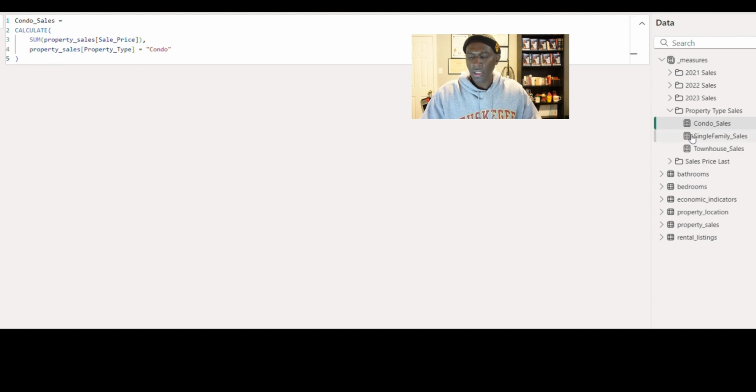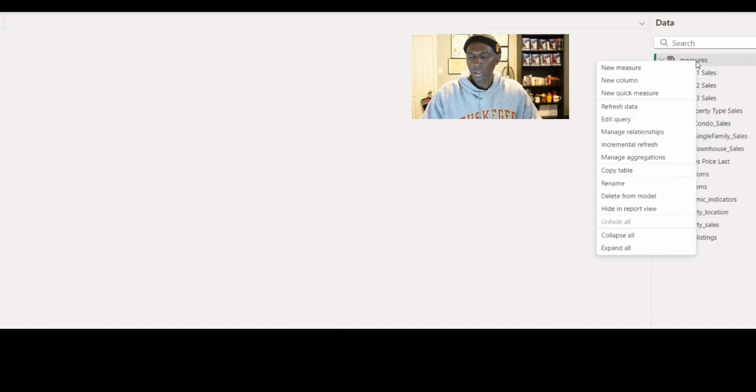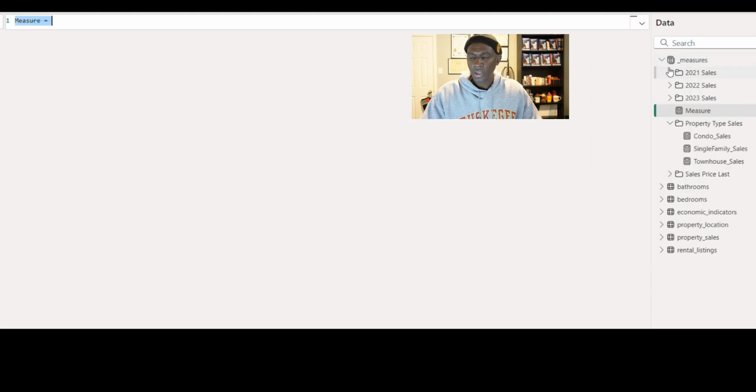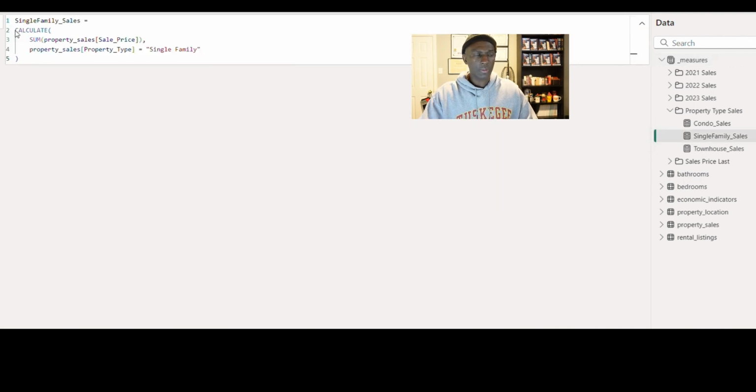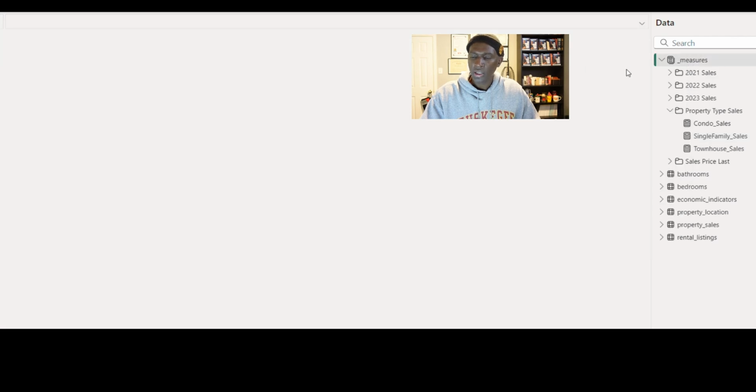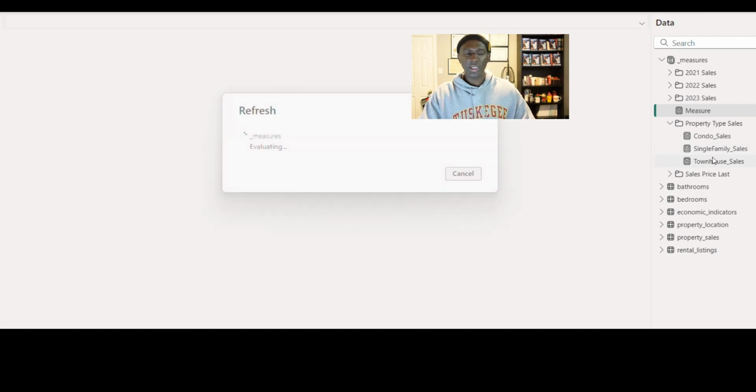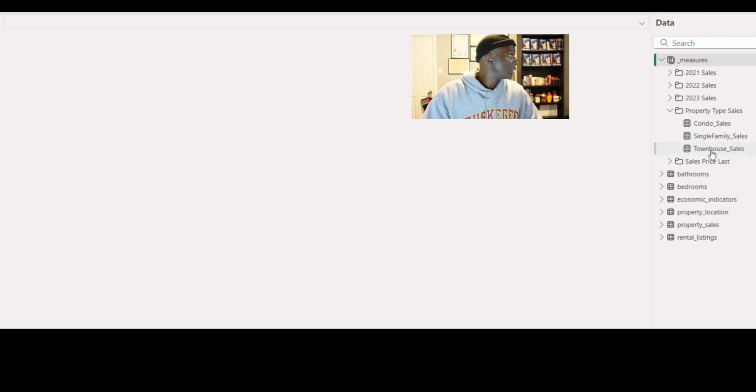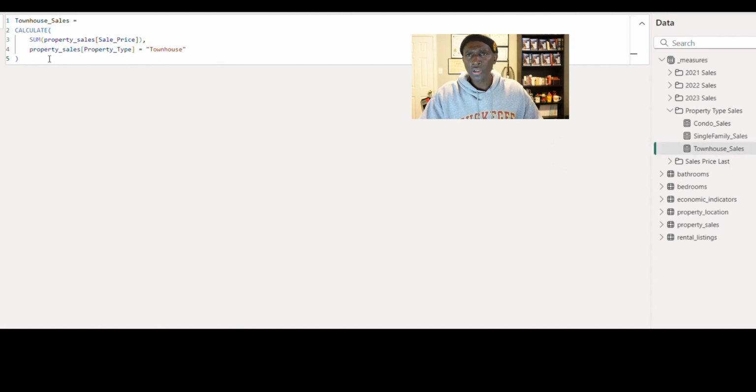And you're going to do the same thing. You're going to go back to measures. You're going to click new measure. And you're going to type in this information for the new measure for single family sales. You're going to come back and do it again. You're going to right click, new measure, and townhouse sales. And you're going to type in this measure so that you will end up having condo sales, single family sales,